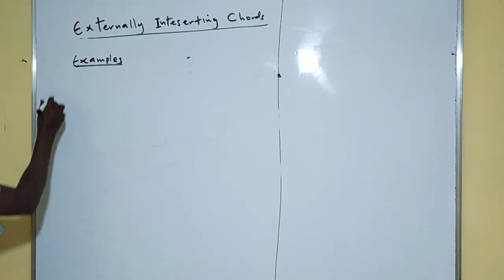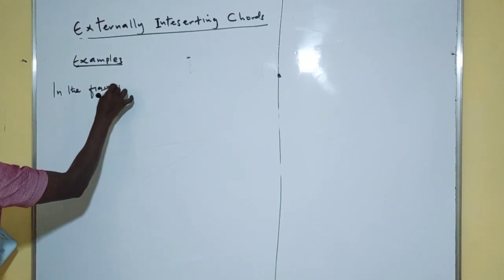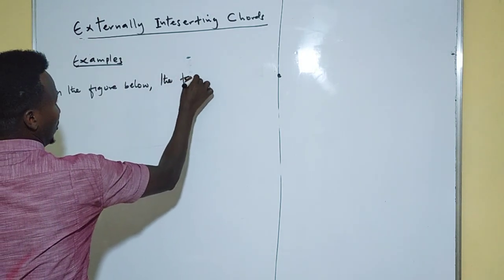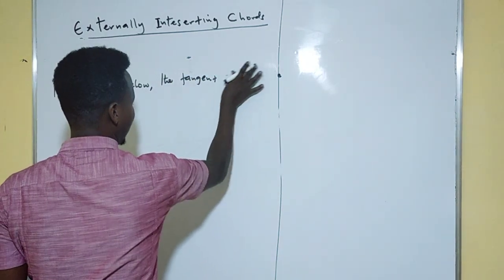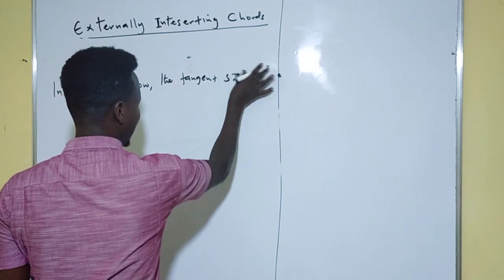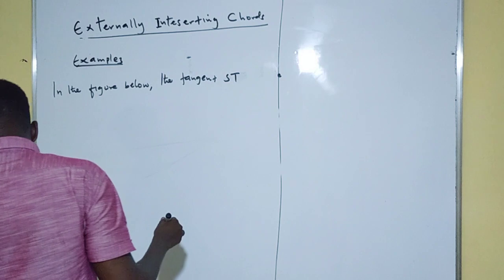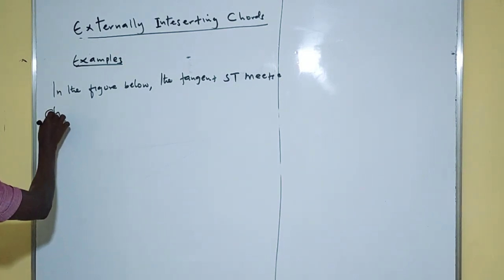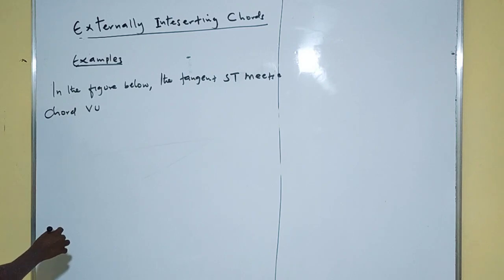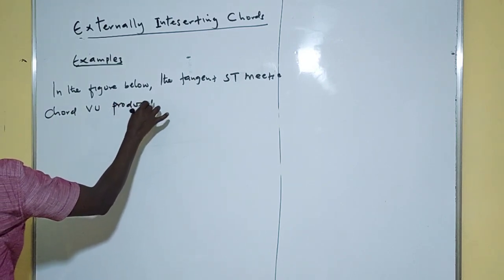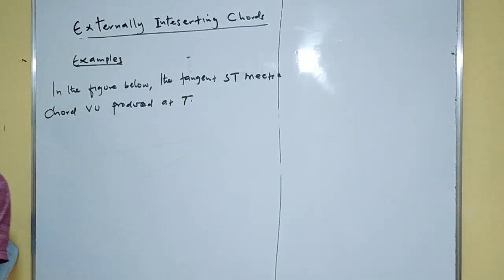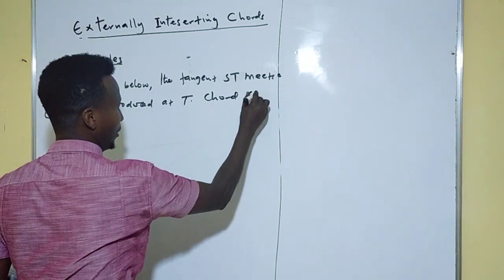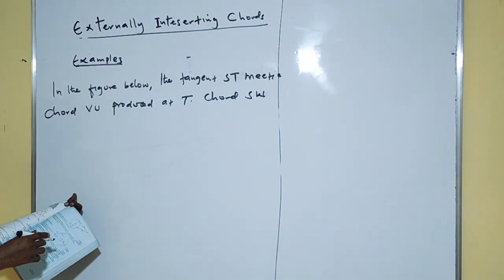You are told, in the figure below, the tangent ST meets chord VU produced at T. Full stop. Chord SW passes through the center